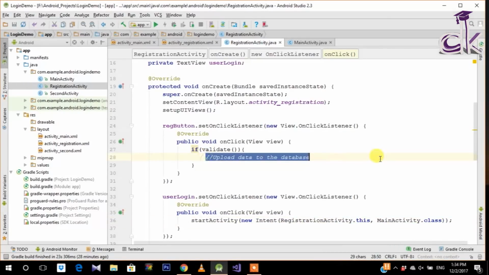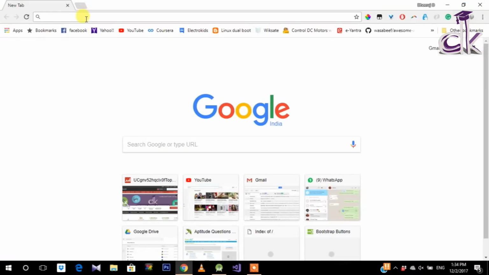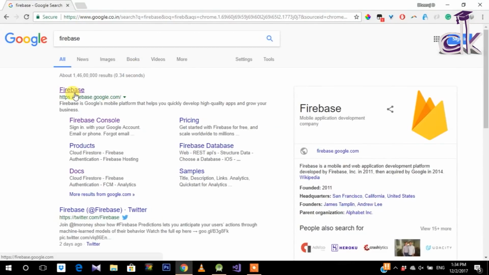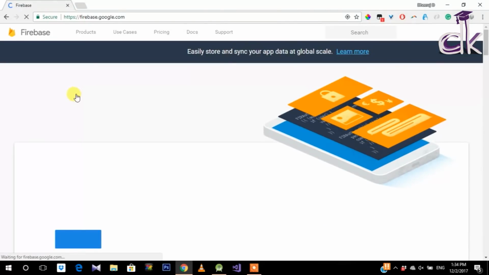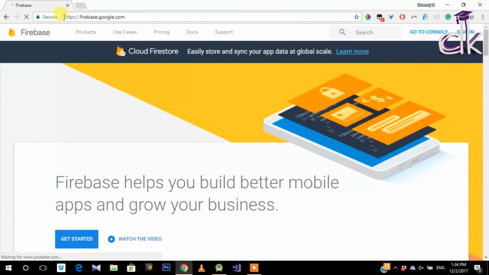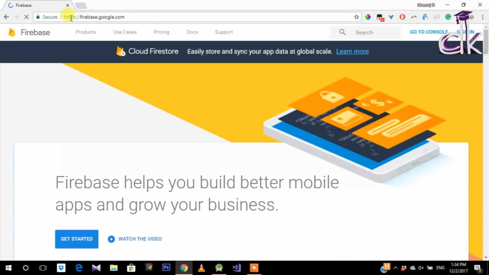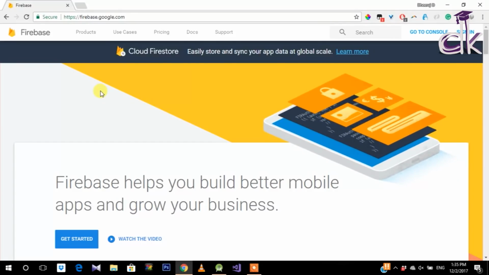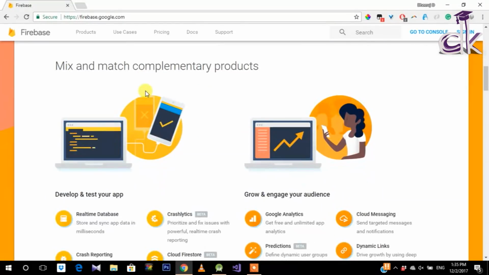Quickly go ahead and create the database. Go to your browser and type in Firebase. Click on the first link that you see. The URL goes something like this: firebase.google.com. Firebase is a mobile and web development platform which was taken over by Google, and now we have